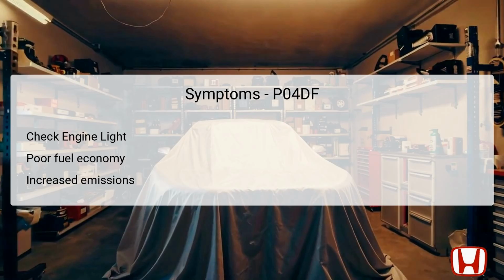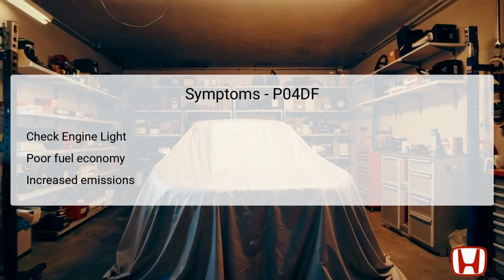This happens because an improperly functioning EVAP system could lead to excess fuel vapor or improper air-fuel mixture entering the engine. Increased emissions may also be a concern, as the EVAP system is designed to prevent harmful vapors from escaping into the atmosphere. Awareness of these symptoms allows for timely diagnostics and interventions, ultimately ensuring the vehicle remains within compliance